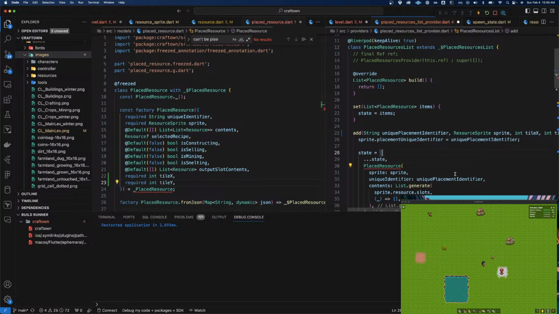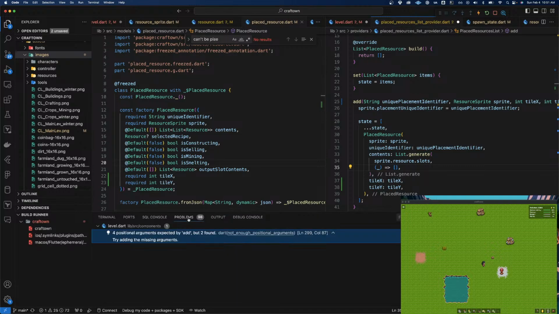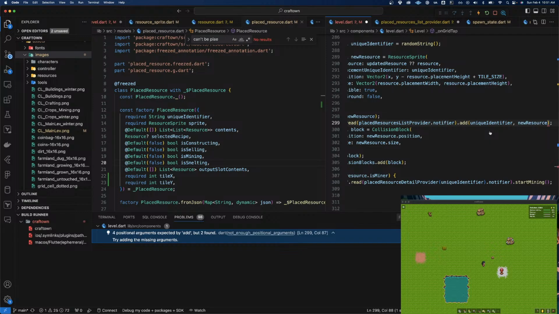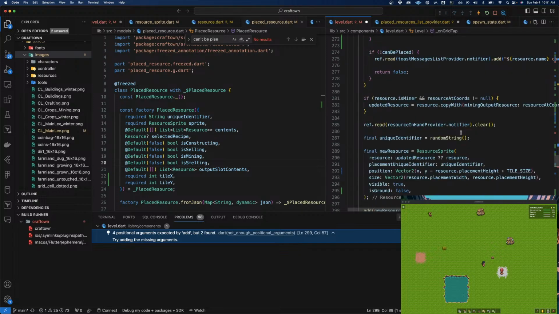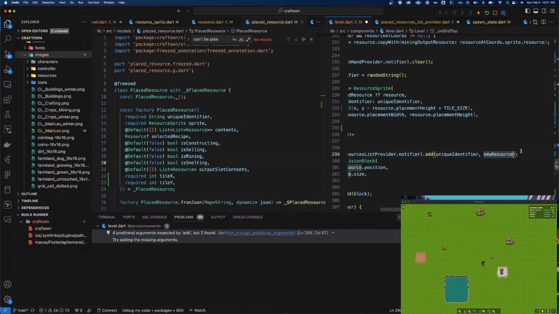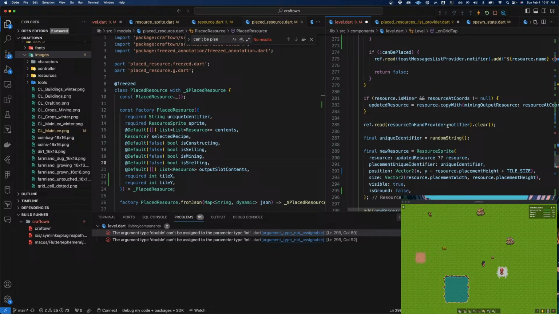This is going to create a lot of errors for us. And that's fine. We will fix them all. Tile X, tile X, tile Y, tile Y. Okay, did that finish building? It did. So now, oh my goodness. It's not as bad as I thought. Okay, so when we add this, it's just the X and Y. Or maybe not. What is, oh, this is in level. Okay, so this would be the